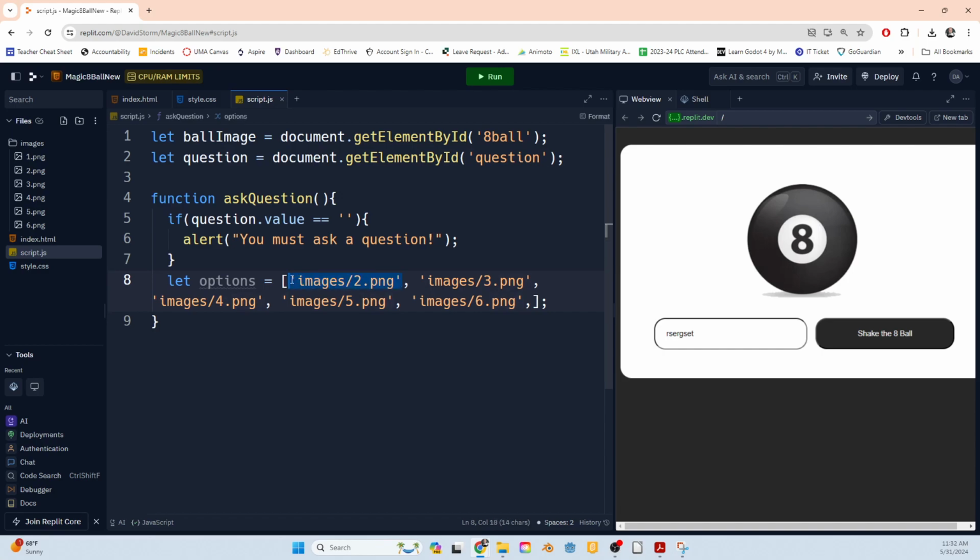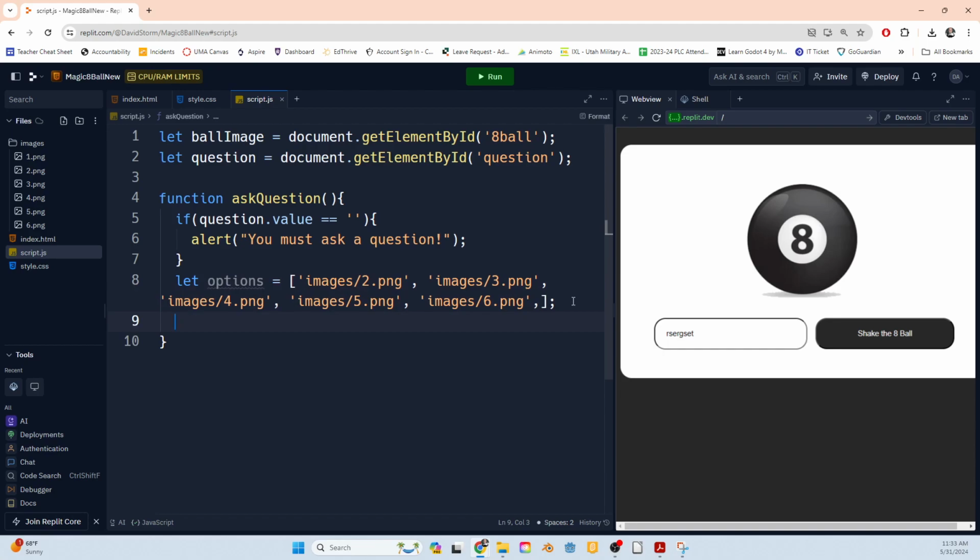Because, for example, this index right here is index 0. So if we say options 0, we're going to get images/2.png. That's the text we're going to get. If we get options 3, then we'll get this here, images/5, right? So we're going to use a random number generator to generate a random number between 0 and 4, or we'll use the options.length option so that we can get the final